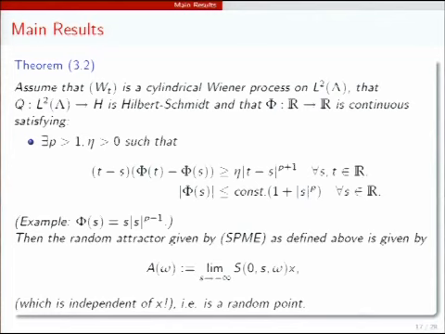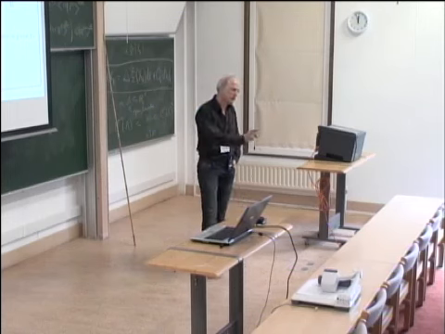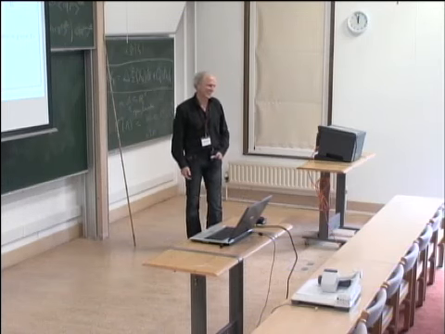In this case, we can calculate explicitly the random attractor, which is not so surprising, because in the deterministic case for the porous media equation, for phi, for instance, like this, at least, it is of course known, from Aronson's result, that the whole thing decays polynomially. You know the dimension. Maybe. These are all interesting questions, but I'm not going to address that.